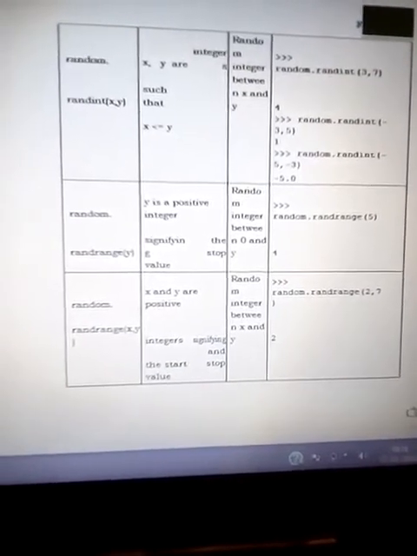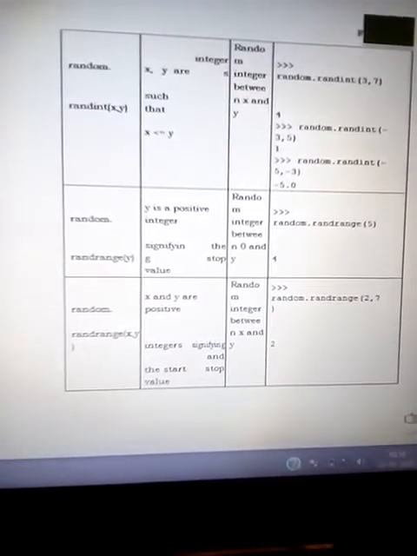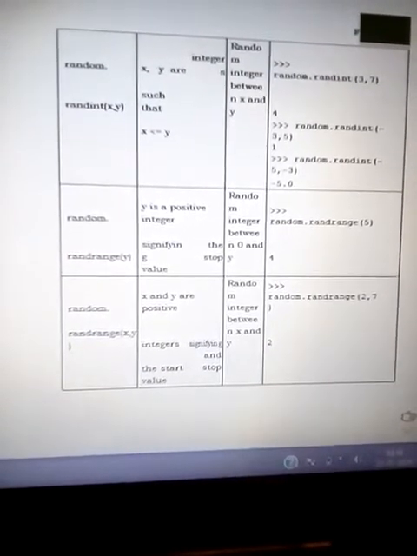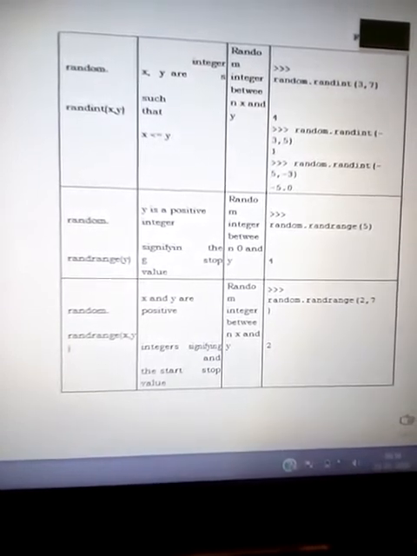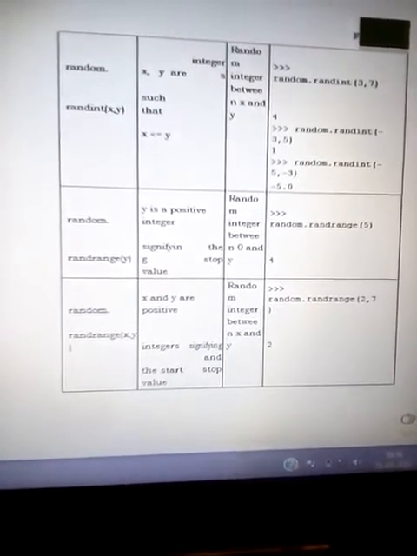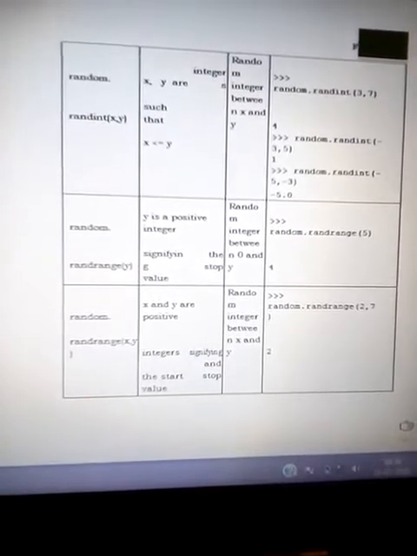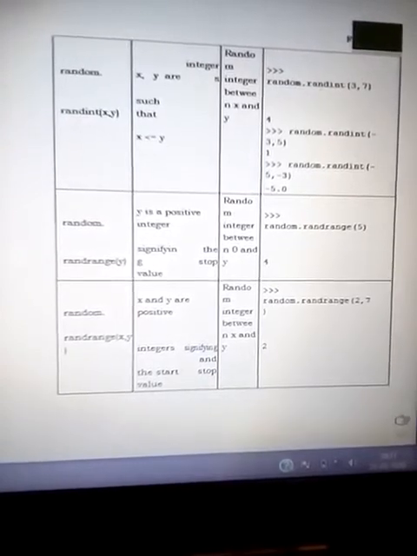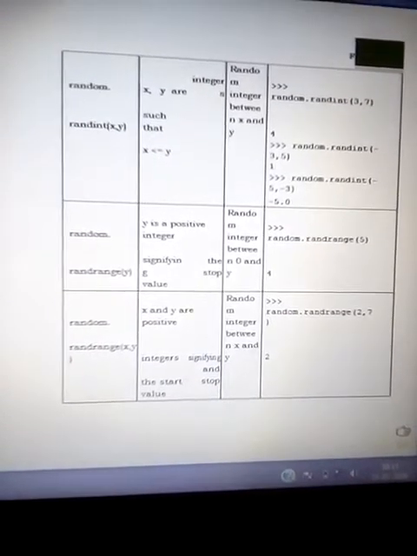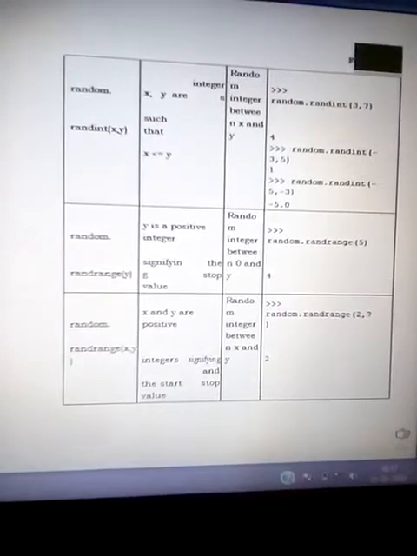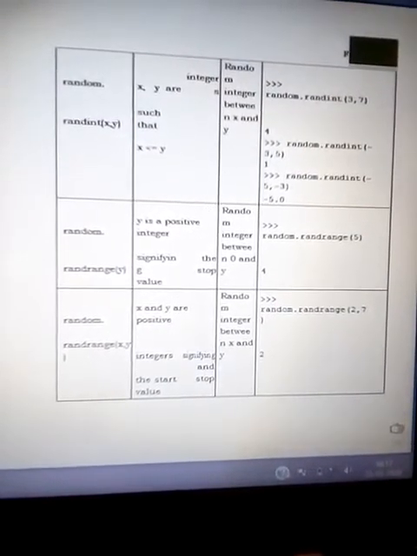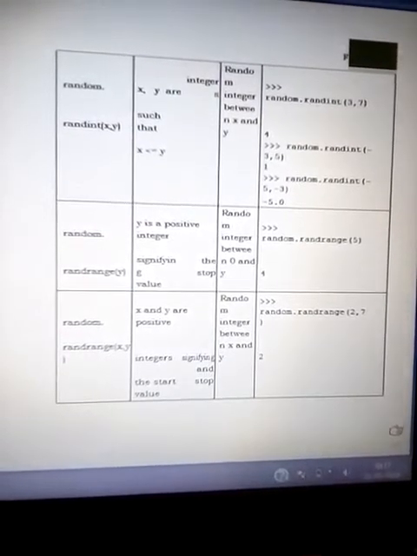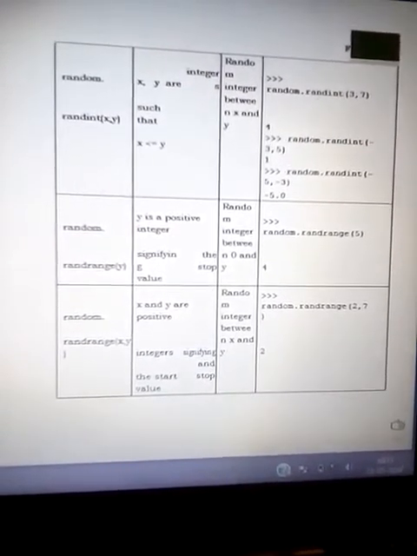So how can we do it? Let's see the example. We take the random.randint function here, with 3 to 7 as the range, so a number is generated between 3 and 7. Now the next example: random.randint with -3 to 5. So -3 to 5 is the range, and a number would be generated between -3 and 5 randomly. There is no logical concept here behind when the number is generated. It can be generated randomly, but within the specific range we provide.